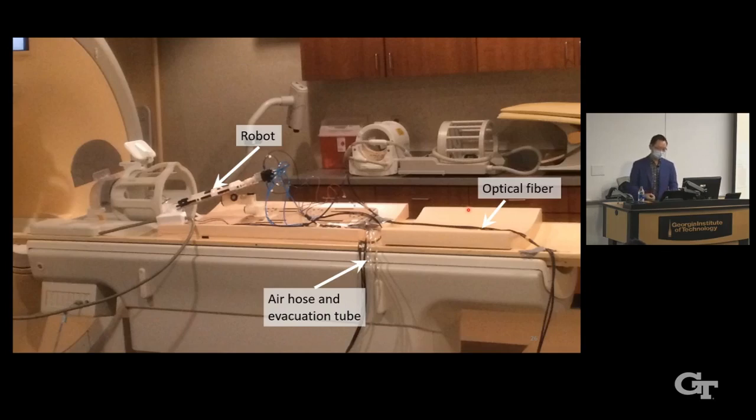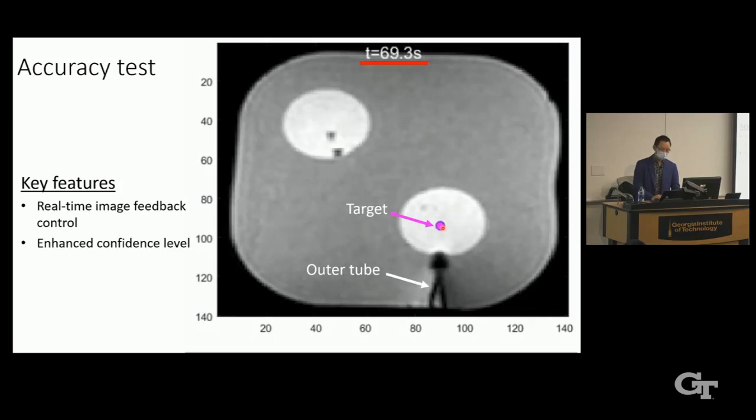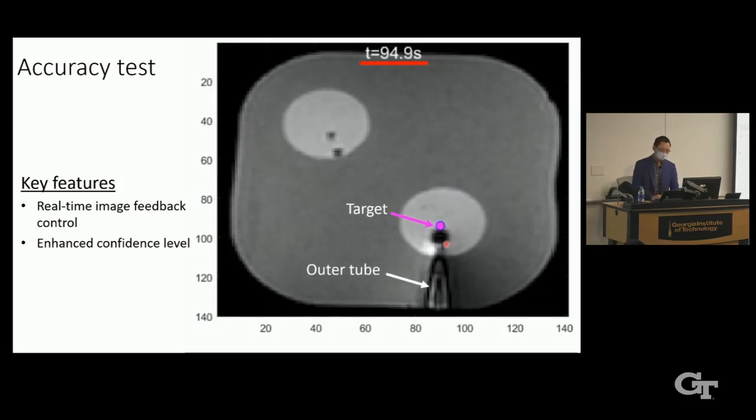Next, I want to just show you 2 critical experiments. First one is accuracy test. So accuracy test means we have a target inside the MR image, which is this purple point, and we want to control this robot to hit the target. So here, this black part shows the outer tube image artifact because outer tube is metallic. It has a certain image artifact. As you can see that once